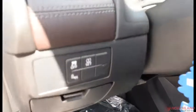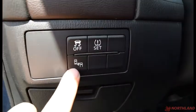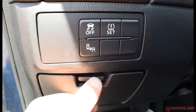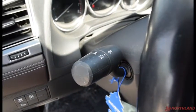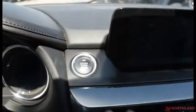Now, right over here, we do have all sorts of different controls. So we do have our tire pressure here. We do have our traction control and our blind spot detection. You can also open this guy up, and there's a little bit of storage just in there. And then this guy here is our turning signals and the controls over our high beams and lights. So it is keyless start, so foot on the brake, press the button, and the keys are just in the